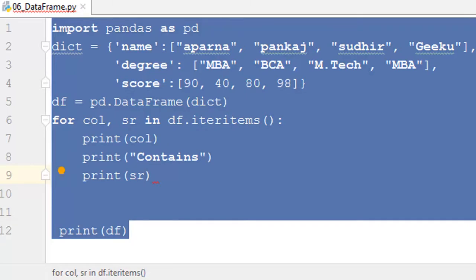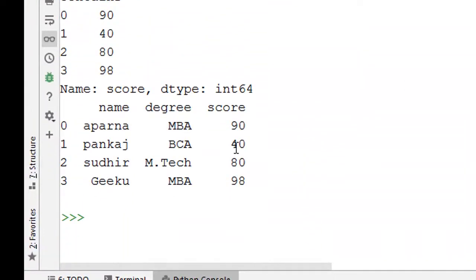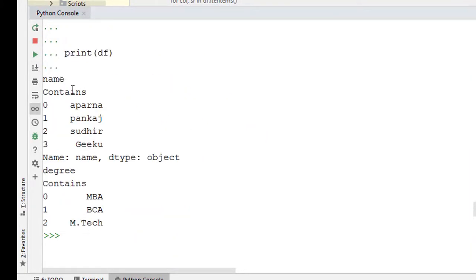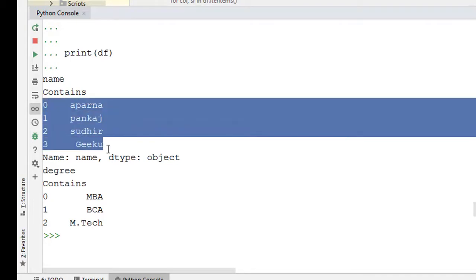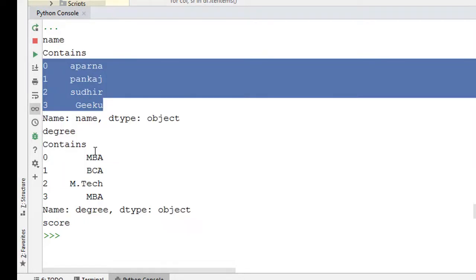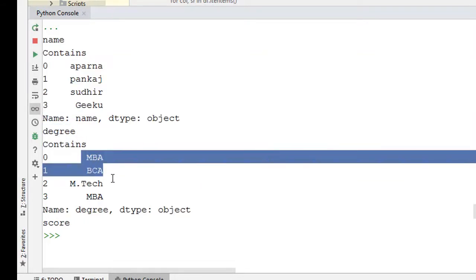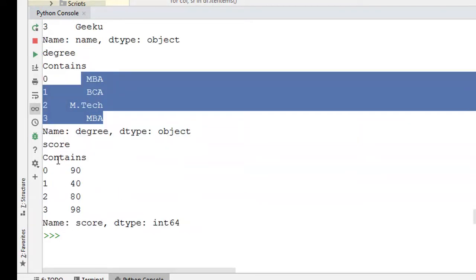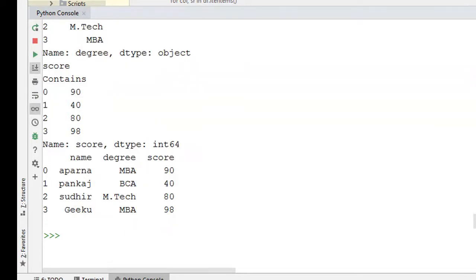Now you can see my data frame is this, and what I have printed for the first time is name as the column name and all the values in this particular column. So I have four values: Arpana, Pankaj, Sudhir and Giku, and for the next column I have MBA, BCA, MTech and MBA, and for the third column we are getting 90, 40, 80 and 98. And then I have printed my data frame.